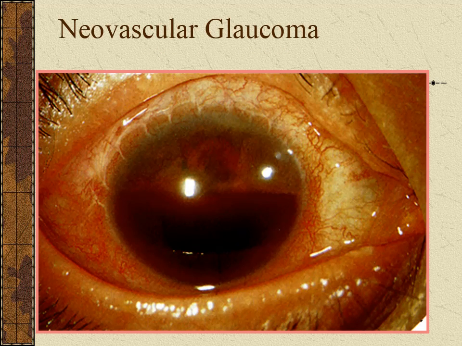Neovascular glaucoma is one of the severest complications that can result from central retinal vein occlusion, especially the ischemic type. In fact, the ischemic type of central retinal vein occlusion is the most common cause for neovascular glaucoma. It can lead to severe loss of vision because of the severe increase of the intraocular pressure and the recurrent hemorrhage. The new vessels can appear on the surface of the iris.